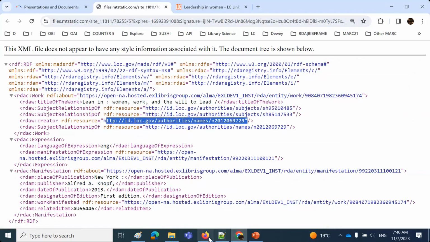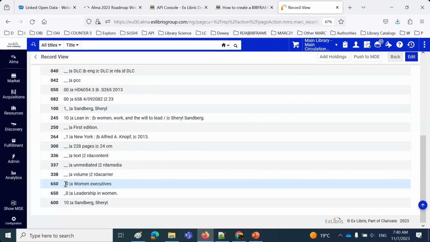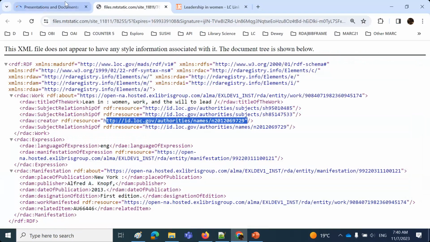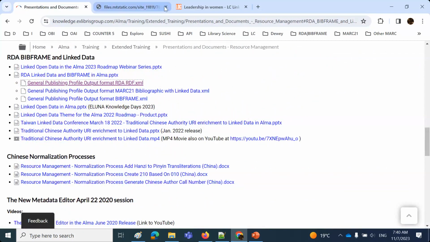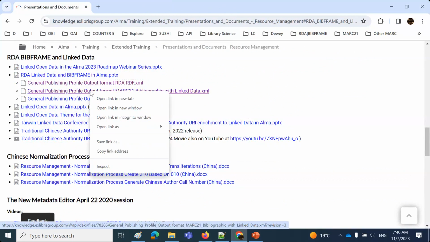And it knew automatically to add them because I've got this second indicator here, 0. And if I were to look at this in the metadata editor, I would see that it is linked to a Library of Congress heading. Let's move on, though. So then we've also got an example here of just a MARC 21 bibliographic file,